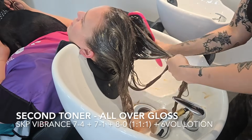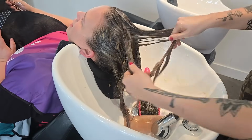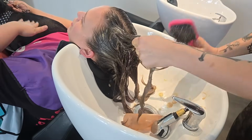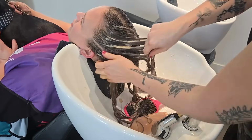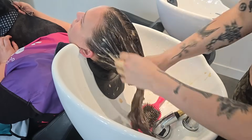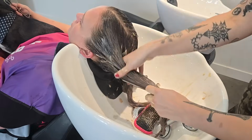We'd rather her have darker roots and it slowly kind of ombre out to a lighter end. And we need an 8-0 in there because we need to have that fill and that hold. And I did equal parts because I don't want the cool tones to overtake it. Yes, I know there was orange in the hair and there was yellow in the hair, but I don't want to make her mossy or muddy looking. The 8-0 is going to fill the hair and balance it and kind of complement those